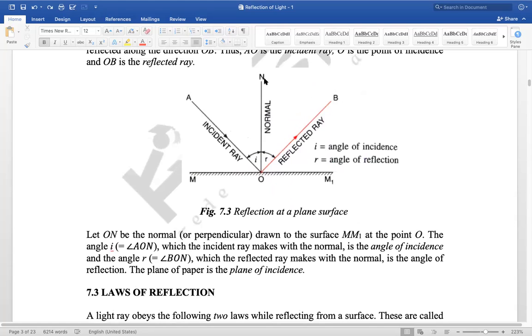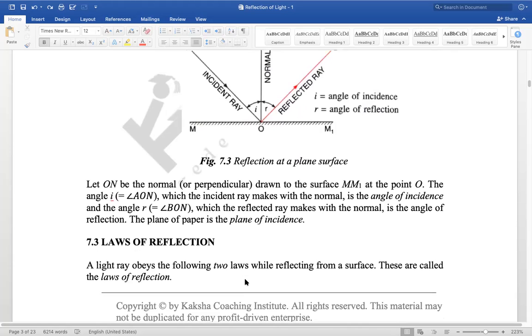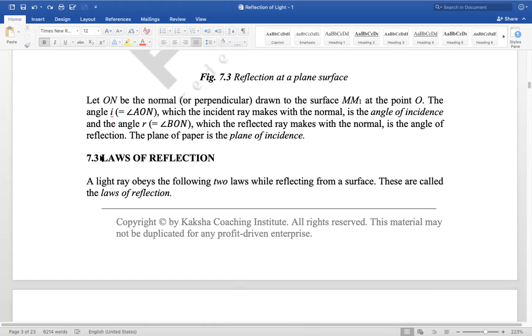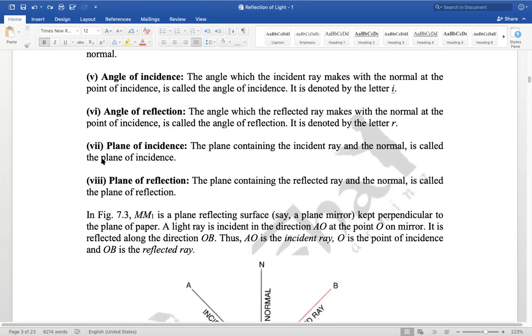तो ये जो ON है ये हमारा normal हो गया. The angle I, which is equal to angle AON, which the incident ray makes with the normal, is the angle of incidence, and the angle R, which is equal to angle BON, which the reflected ray makes with the normal, okay, is the angle of reflection. The plane of paper is the plane of incidence. जो हमें पेपर का प्लेन दिख रहा है, अगर बुक है, अगर स्क्रीन है, तो प्लेन ऑफ द स्क्रीन is basically the plane of incidence. अब लॉ ऑफ रिफ्लेक्शन इसी पे डिफाइन हुआ है. सो द लॉ ऑफ रिफ्लेक्शन